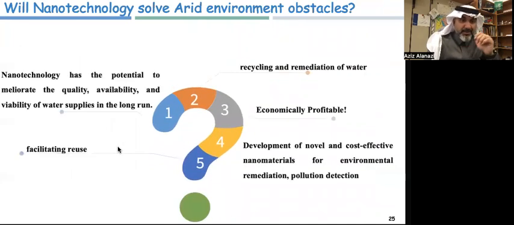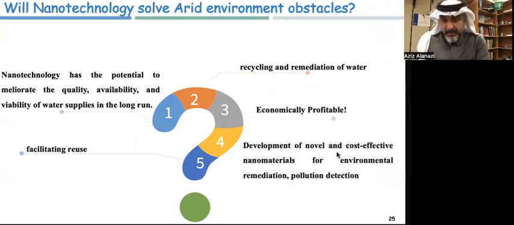So will nanotechnology solve the challenges of an arid environment? Nanotechnology has very promising results. After creating them, we can easily scale up. They are very environmentally friendly and they do not require a lot of maintenance. I hope that in the future we will develop our technologies in collaboration with many scientists,